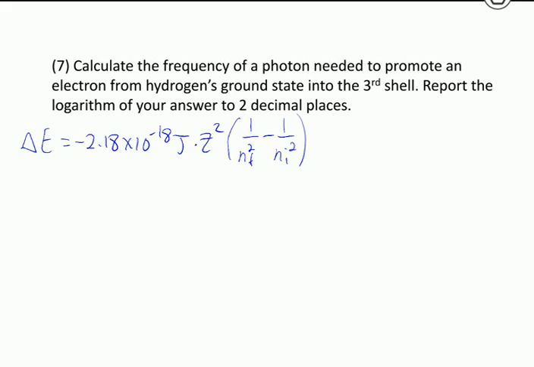we're promoting an electron, so we know that delta E should be positive. That means we're going from a low energy to a high energy, ground state into the third shell. So we're going lower to higher, which means positive delta E. And when we put the numbers into the equation,